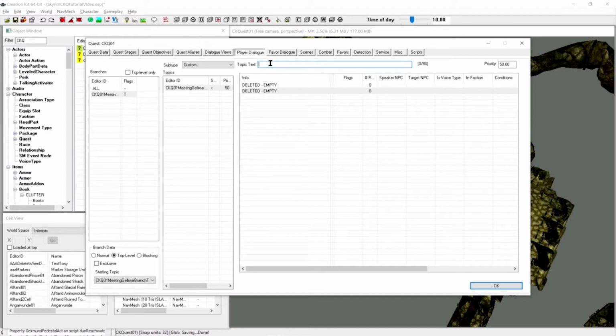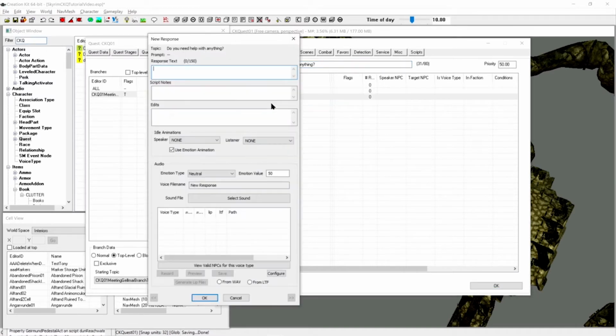So we'll want to say to the player, to the actor, do you need help with anything? So here's what you will say to Gellmar. And then in the table below, you want to right click, like I've done a few times, hit new. And then here you will type his response. So for him, we want to say, why yes. Actually, I'm going to type it with a comma. Why yes, actually,